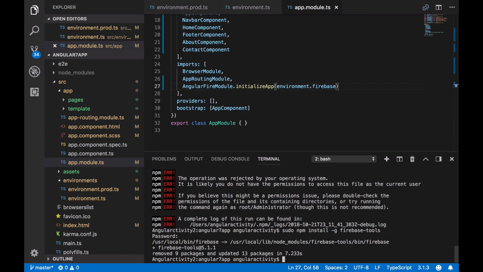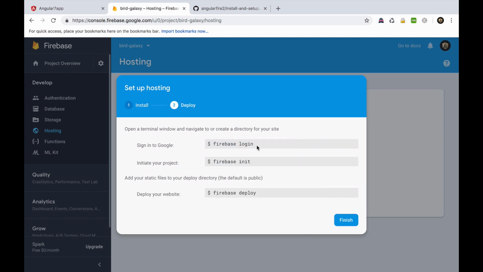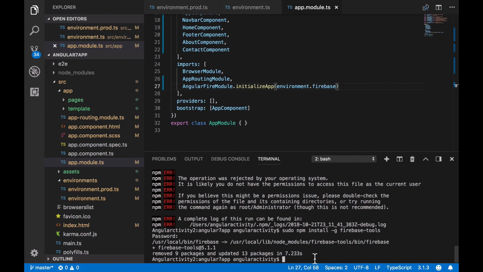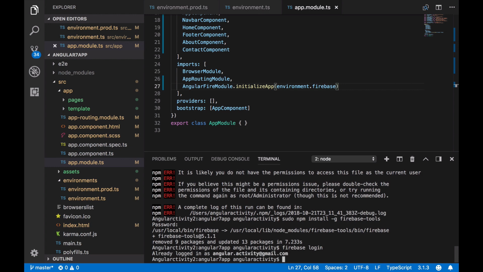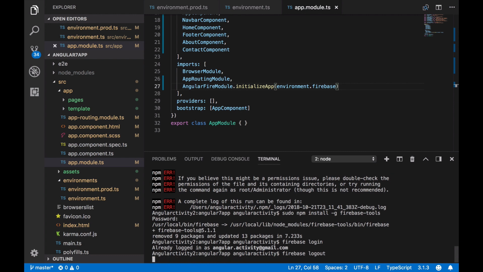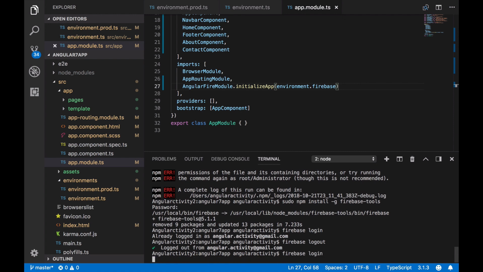Alright, let's follow the guide. Next we have to log in to Firebase. Oh, my bad, I was already logged in, so I'm going to log out. It will ask you if you allow Firebase to collect information about the CLI.